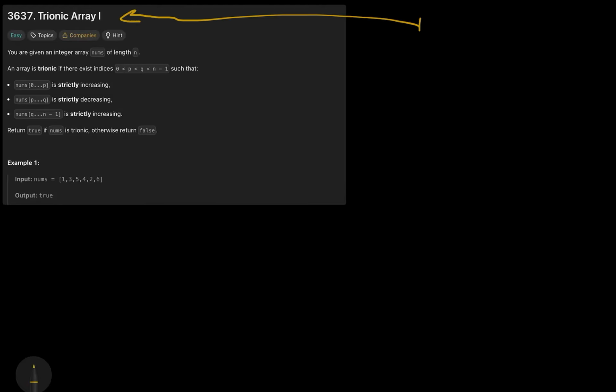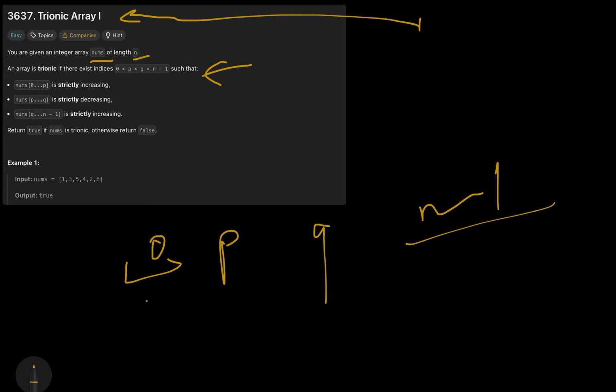Hello everyone, so today we are going to solve this question which is Trionic Array 1. What this question says is that we have been given nums of length n, and a trionic array is such that we take three indices. First is the 0th, second is the last index, and these two indices are such that from 0 to p we have a strictly